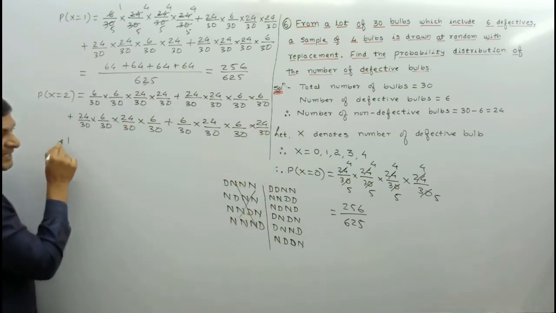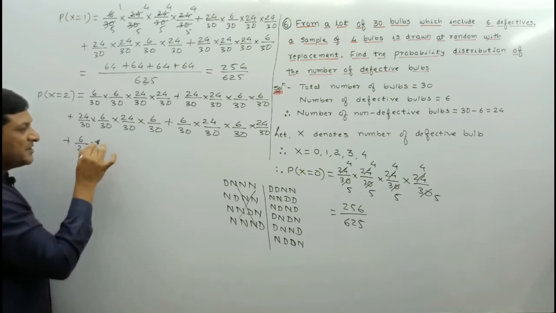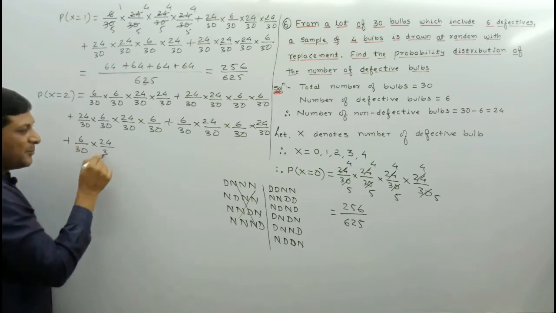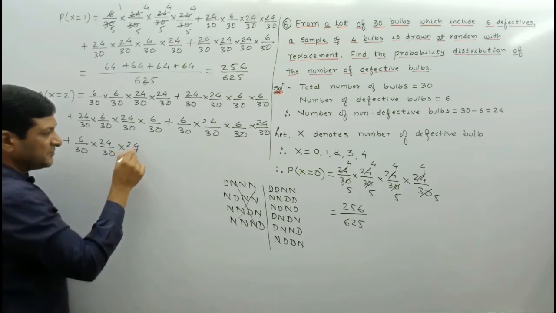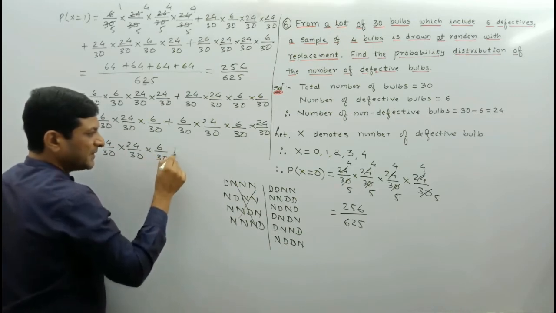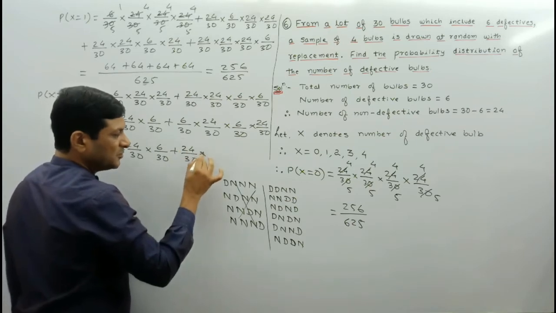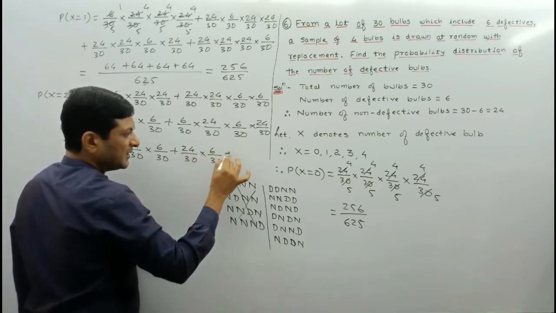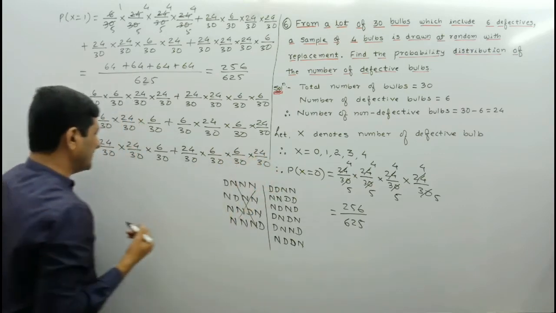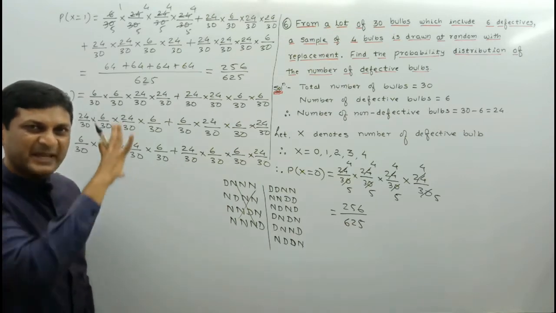In the next case, defective, non-defective, defective. Defective means 6 upon 30, non-defective means 24 upon 30. Again non-defective means 24 upon 30 into defective means 6 upon 30 plus, and lastly non-defective means 24 upon 30 into defective means 6 upon 30 into defective means 6 upon 30 into non-defective means 24 upon 30. So whatever method we are using to simplify the first term, exactly the same method